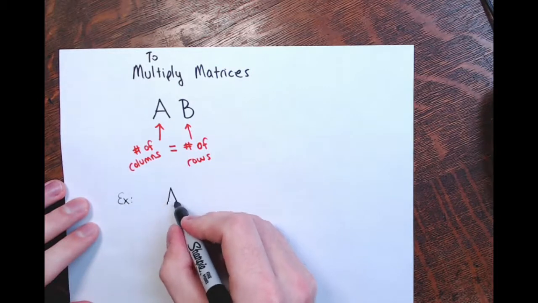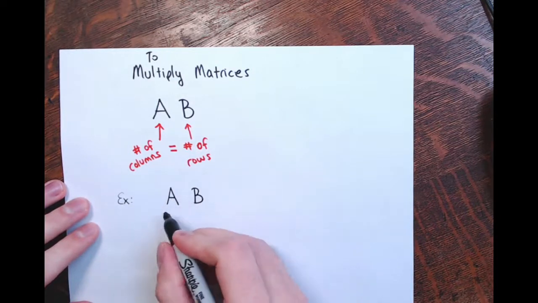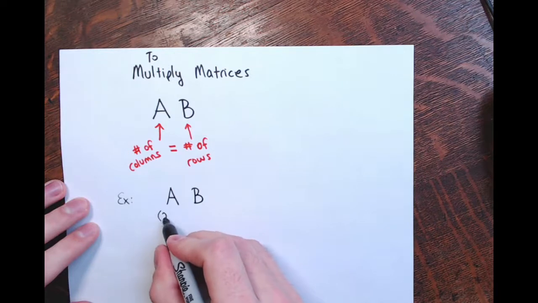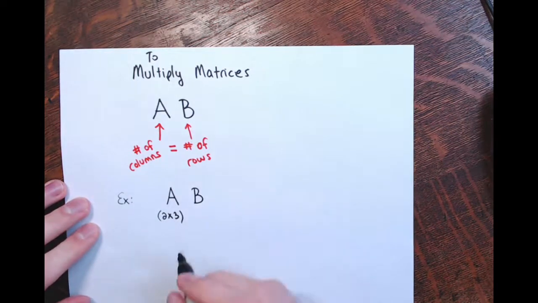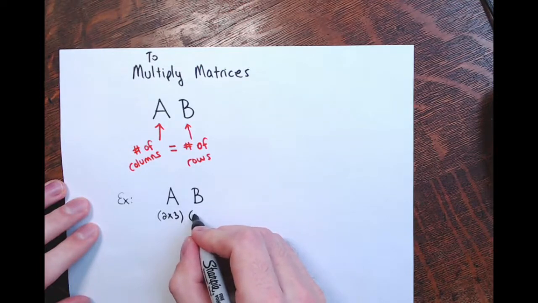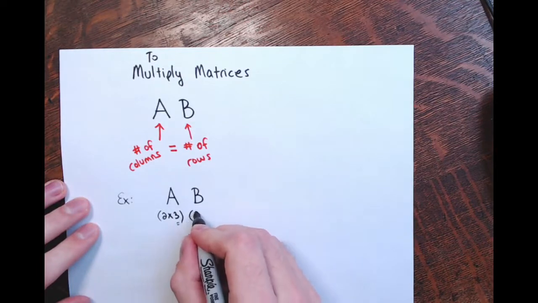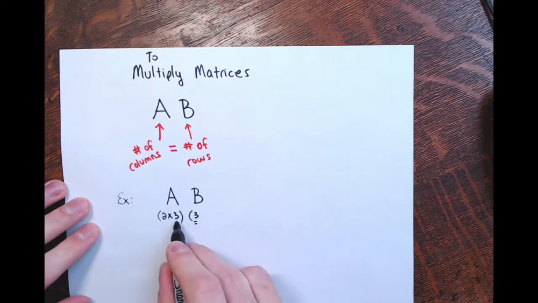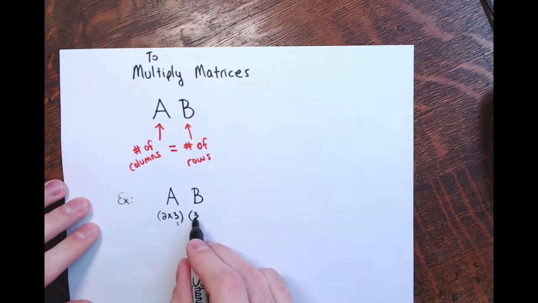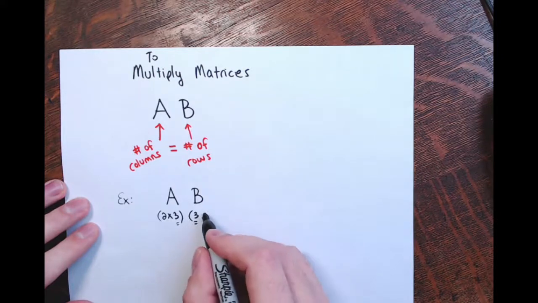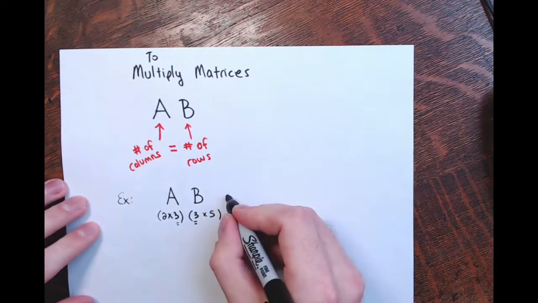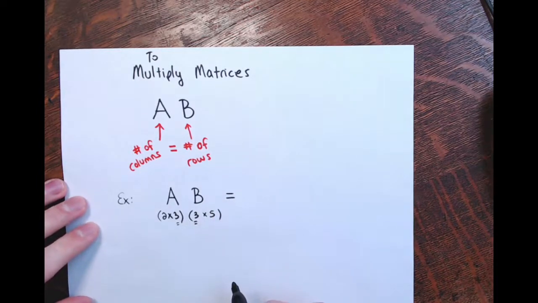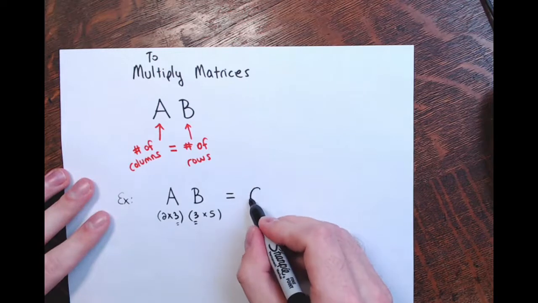if I took A times B and this matrix was, say, a 2 by 3 matrix, 2 rows, 3 columns, then this matrix would have to have 3 rows. Right? The number of columns of the left matrix must be equal to the number of rows of the right matrix. And say this is a 3 by 5 or something, 3 rows, 5 columns. Now the product, all right, the product, say matrix C,